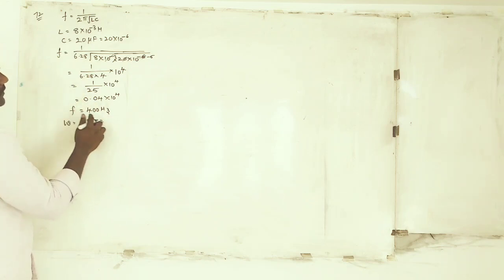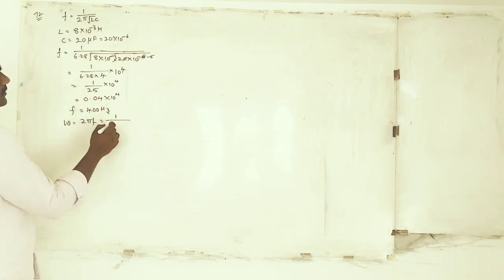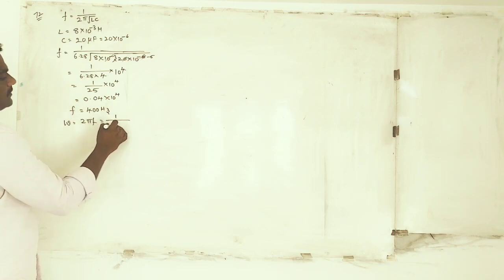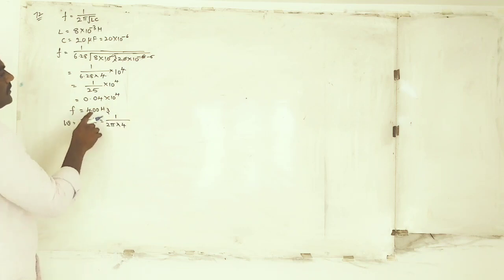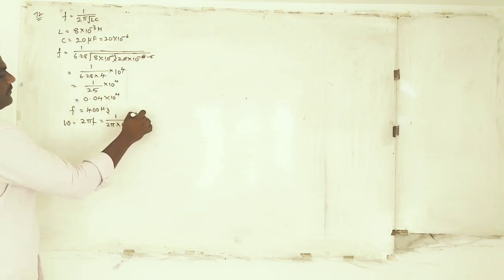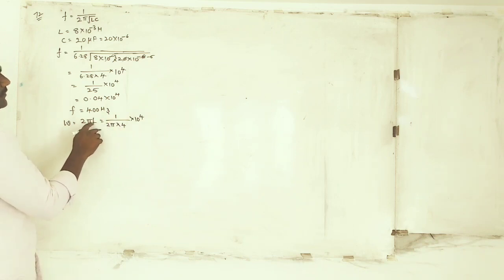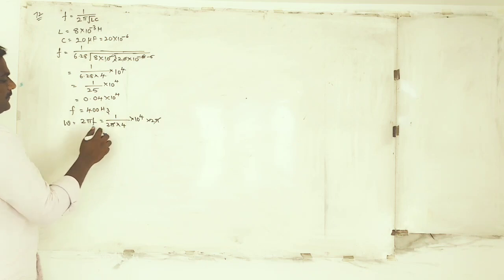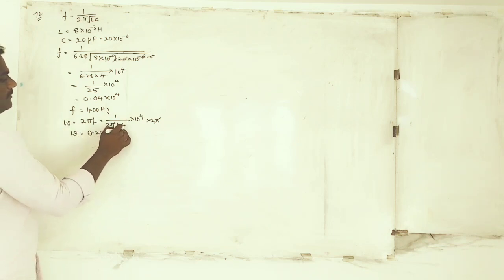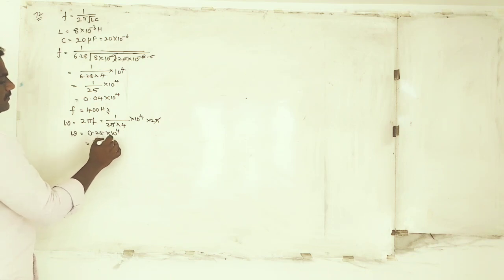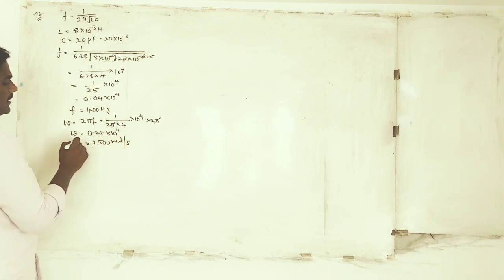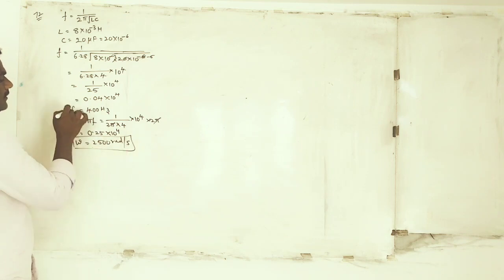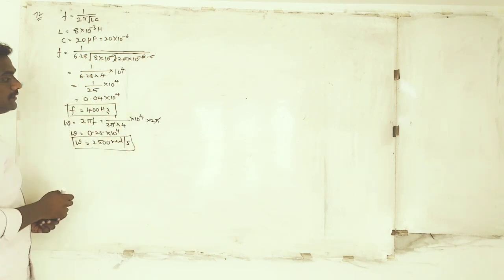So already we got f as, this is 6.8, right? 2 pi into 4, into 10 to the power of 4, that is f, into 2 pi. The 2 pi gets cancelled, what is 1 by 4? That is 0.25 into 10 power 4, you will get 2500 radian per second. So both of the calculations are done here.